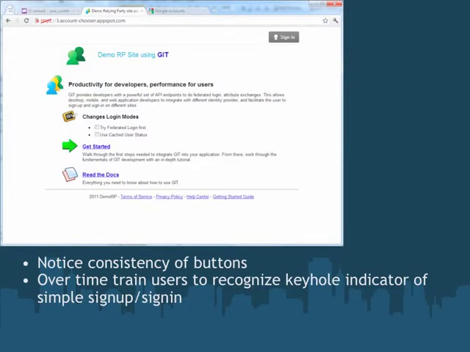But let's talk about some other aspects of this design. Hopefully one of them that you noticed was the visual consistency of it, of the sign-in button, of the flow to add the first account, as well as the return experience of picking an account. One thing in particular to notice is the button itself, with sign in, with that little keyhole icon next to it. Well, an interesting thing that has been noted over the last few years is if a website adds buttons for popular identity providers like Twitter, Facebook, Microsoft, Google, etc. to its login box, users, when they see those buttons, are actually more likely to start the sign-up process than they otherwise would because they expect a more optimized process.